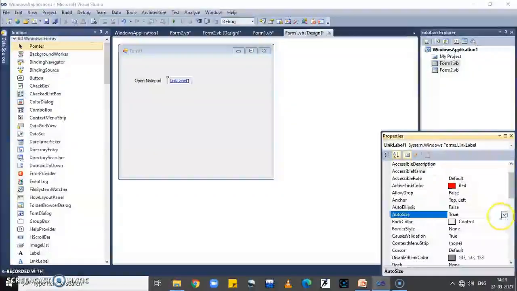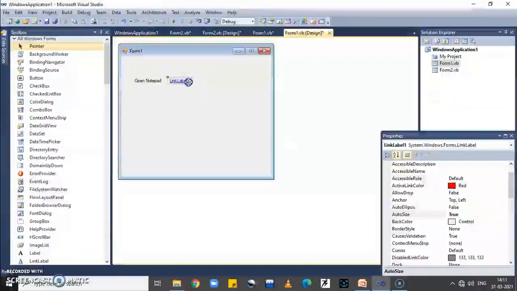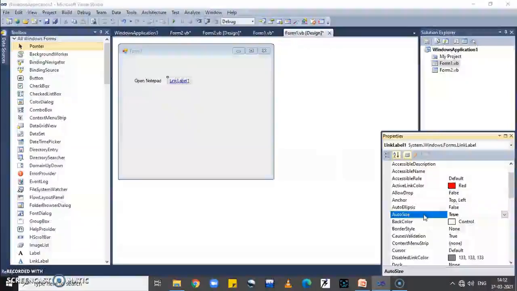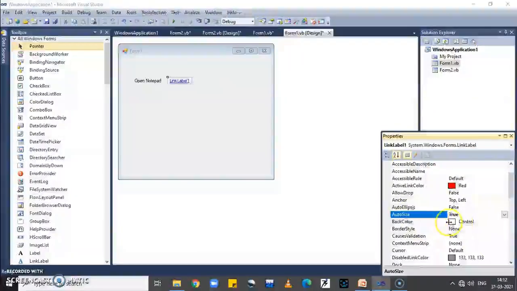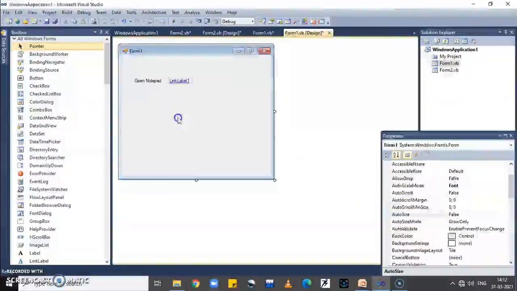And auto size property. Here the auto size property has the value true, so the link label control size is according to the font of the link label. If we set the auto size property as false, then we can see that the link label's size is decided manually. So here I set it as true.